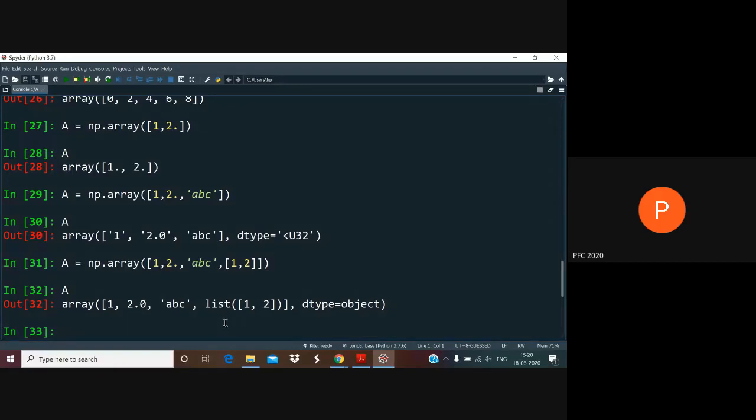But as long as you are trying to actually calculate and do mathematical operations, such mixed type arrays, by the way, it's not really mixed type. Note that all of them really end up getting the same data type. Only the data type is not really going to be very useful for us. So we will avoid this. Okay, it can be done. There are situations where these things are useful, but they are not really standard situations for mathematical calculations, which is what NumPy really is meant for. Okay, is that enough of an answer to this question?